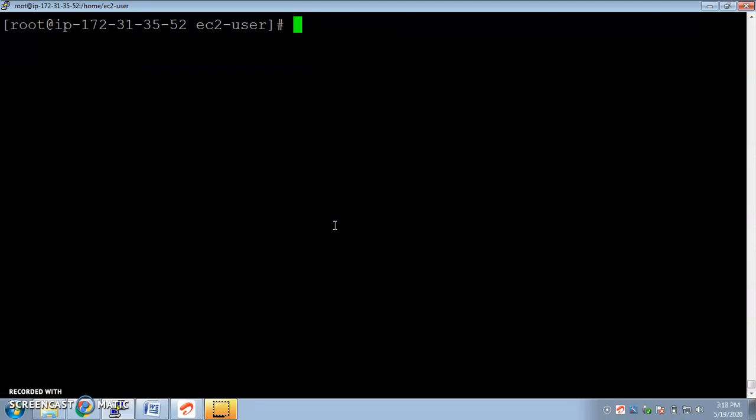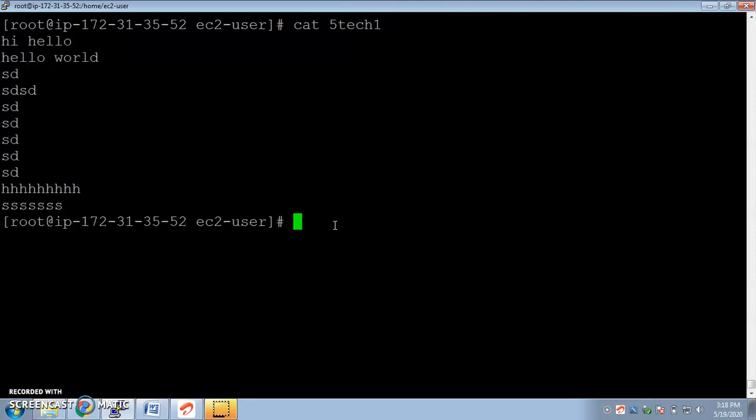Now I want to talk about something called symbolic link and hard link. In symbolic link, you need to understand the purpose of using it. A symbolic link is a way of linking files to a source file or main file or existing file, whichever term you can understand. Now I have a file called 5tech1 which has all this content. This file has critical information, and I don't want it to be shared by somebody else, in the sense I don't want people to modify it.